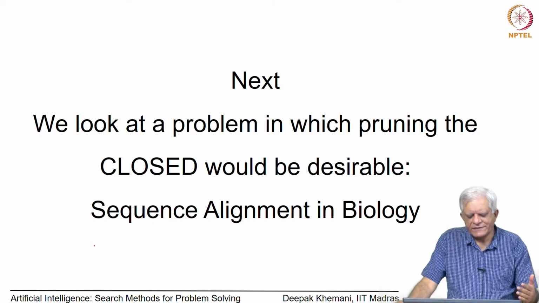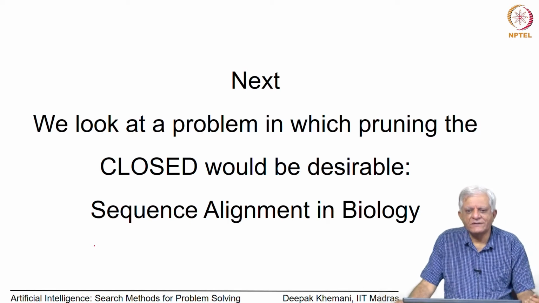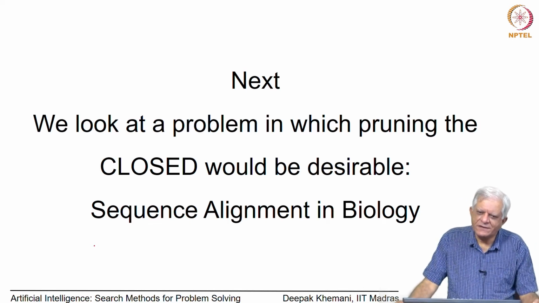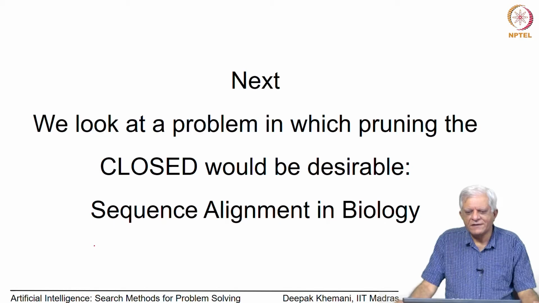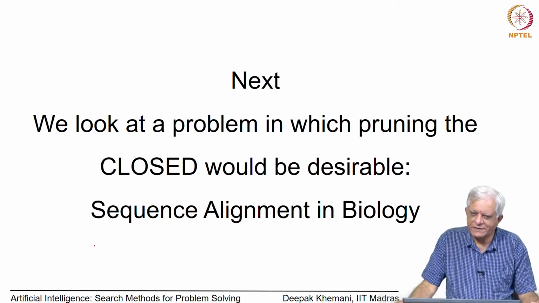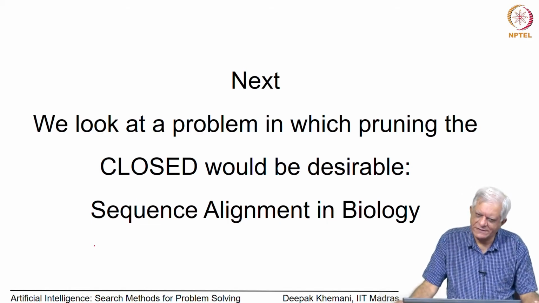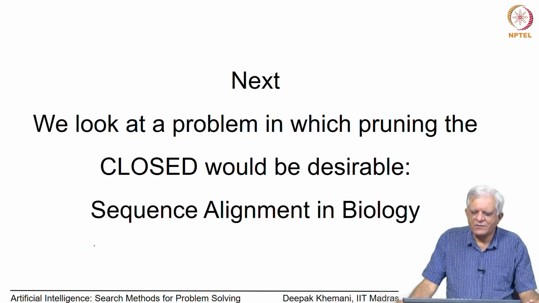then it would be a considerable saving on space. So, as I said towards the end in the last session, let us take a deviation from our algorithm A star and look at a problem from the real world, which comes from the world of biology, which would benefit tremendously if we had algorithms which required less space, because the people who work in biology, they work with huge amounts of